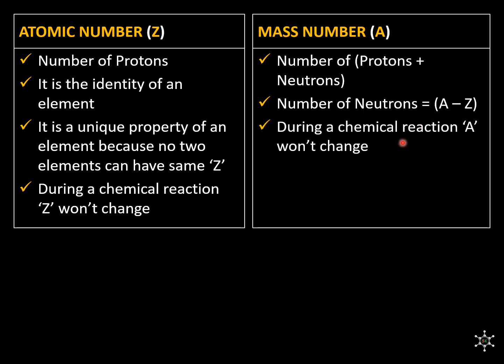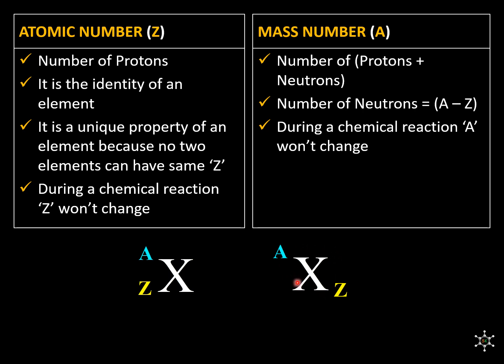During a chemical reaction, mass number won't change. Again, for the same reason, in a chemical reaction, we only disturb electrons and not the protons and neutrons present inside the nucleus. To represent an element with atomic number and mass number, we use symbol like this or like